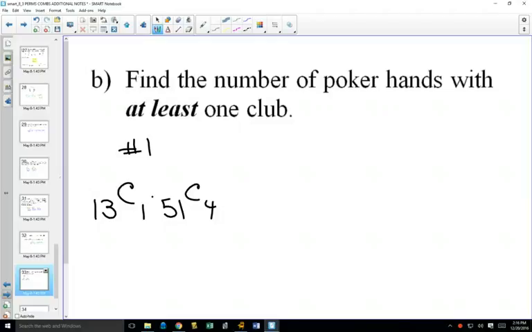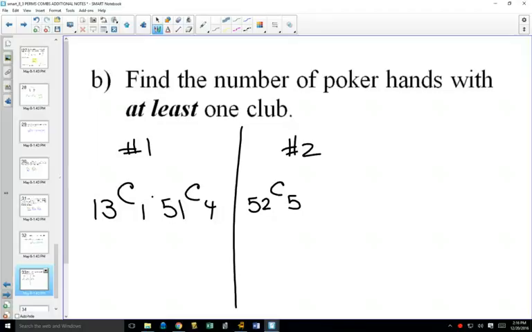Multiply those out, get my answer, and that's method number 1 for solving this question. Method number 2, also a correct way to do this, is, well, I counted earlier today how many poker hands were possible, 52